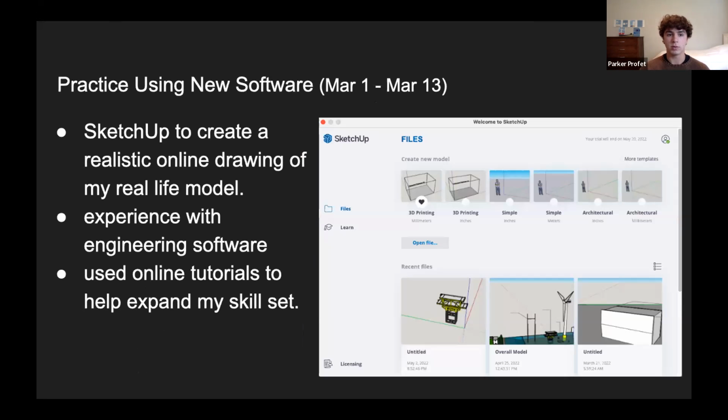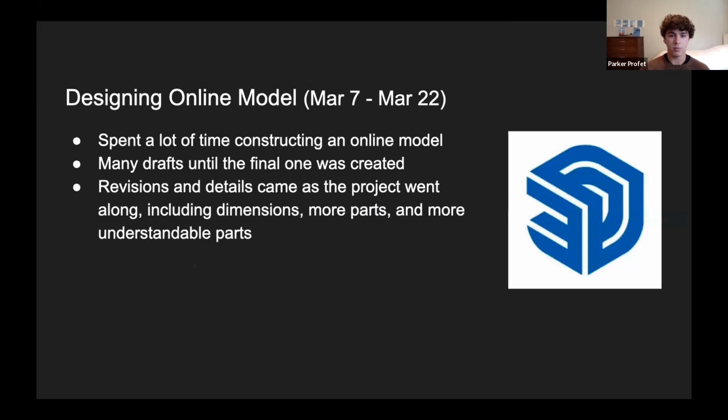After I did that, I was practicing using SketchUp. The picture on the right is just my SketchUp homepage with some of the projects that I have at the bottom. So I wanted to create a realistic drawing online of what I was planning to build in person, but I didn't have the experience with SketchUp that I've had with other engineering software. I've used AutoCAD before, but I've never used SketchUp. So these few weeks were just getting used to it, doing tutorials, understanding what I was doing on there. And then once I was able to understand that, I spent a lot of time constructing the